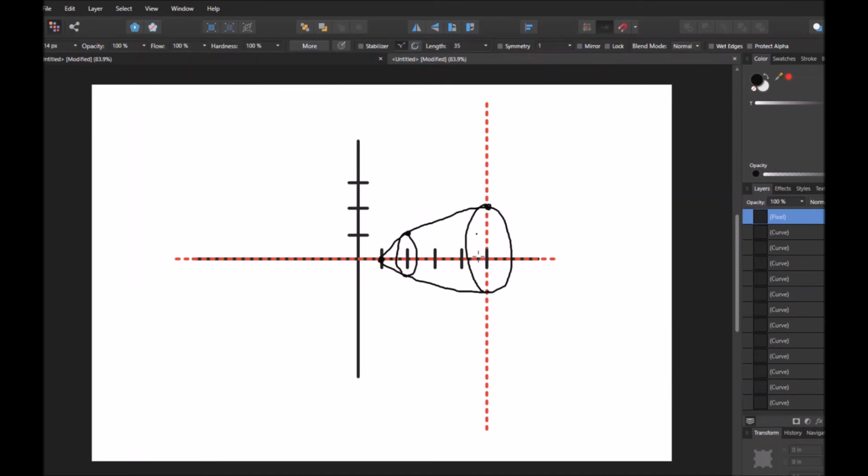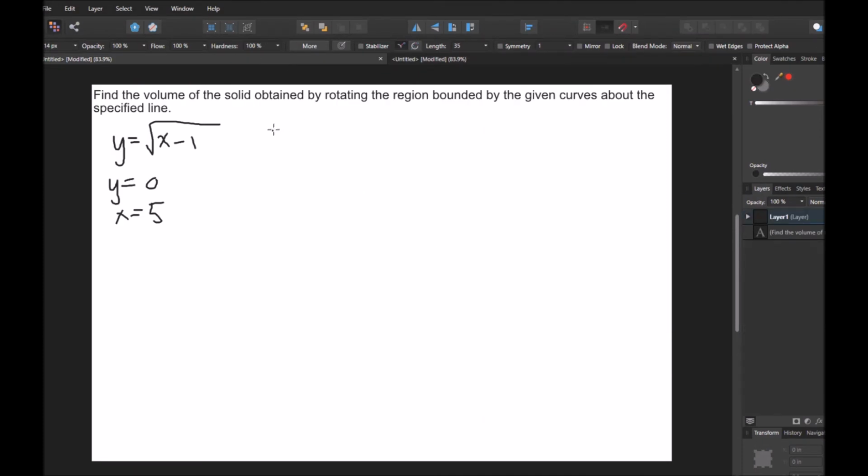And if you took a slice out of this, like for example, this right here, if you took this slice that I'm shading in right now, you'd be able to see that it's just a flat disk. So we know that we're going to be once again using the disk method with this. So to find the volume of a solid of revolution using the disk method,